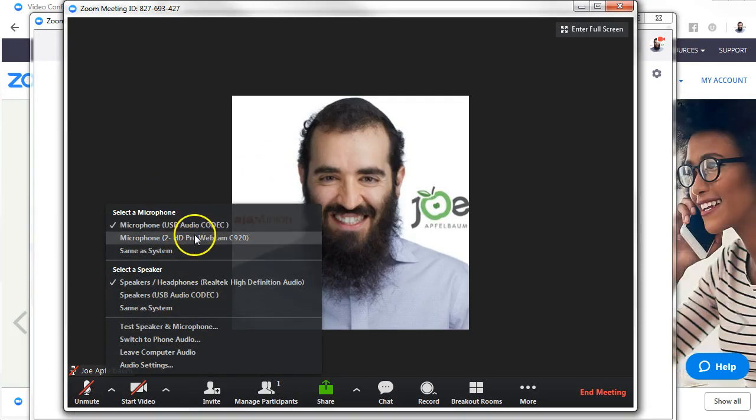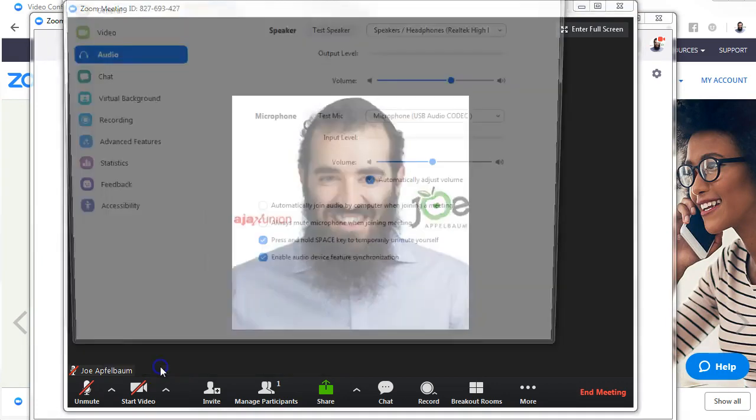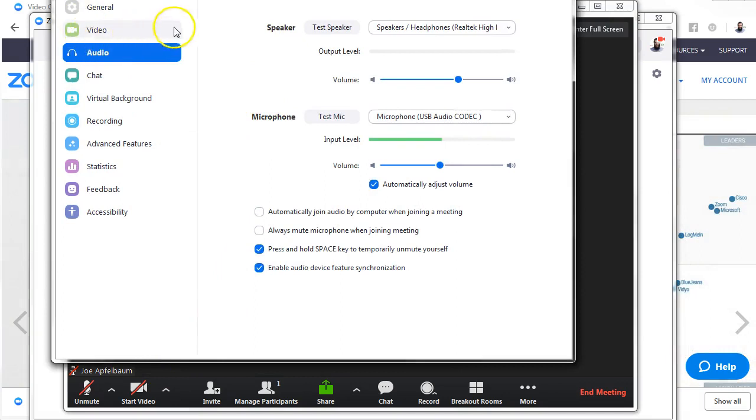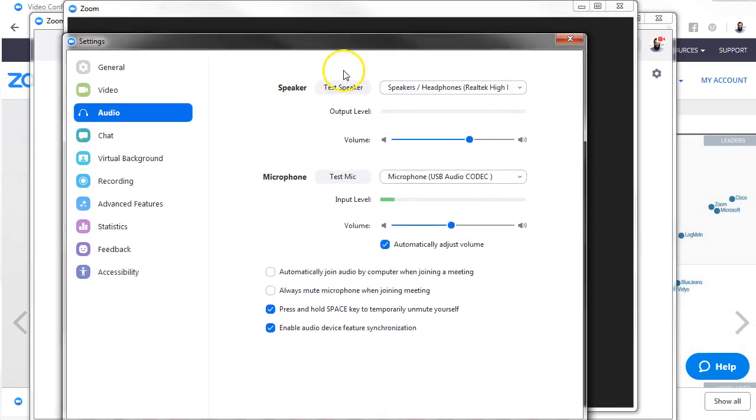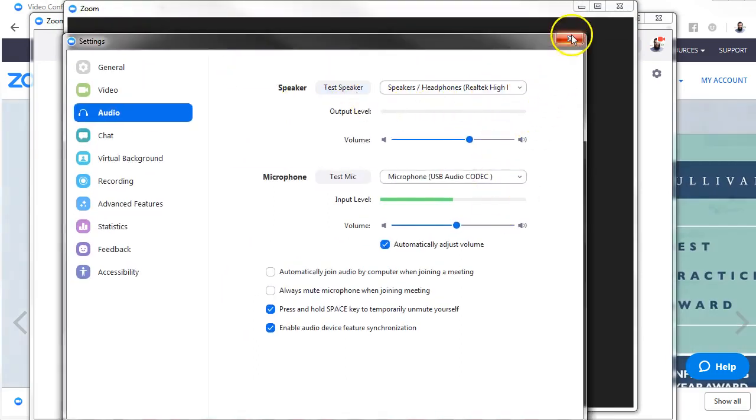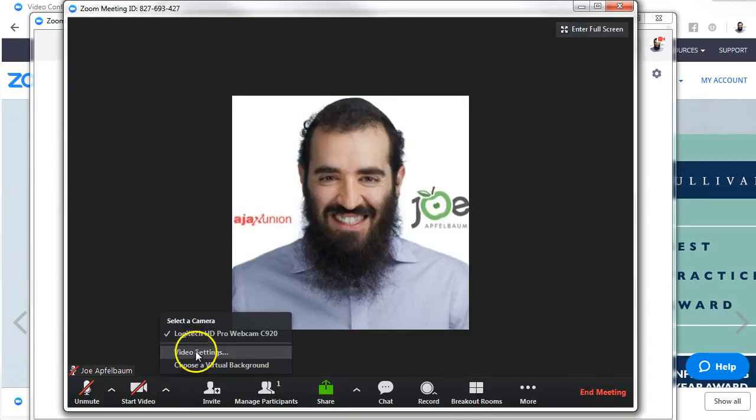I can choose this microphone, this microphone. I can choose these speakers. I can do audio settings, which is basically taking you back to your settings. So you can select your audio settings, change your input and output levels. Same thing with video. You can choose your webcam that you want, and you can change your video settings and